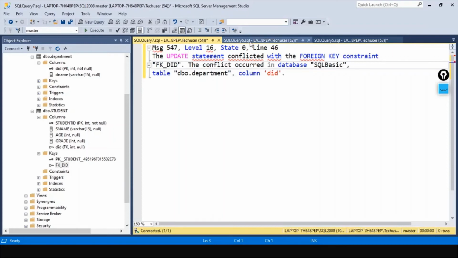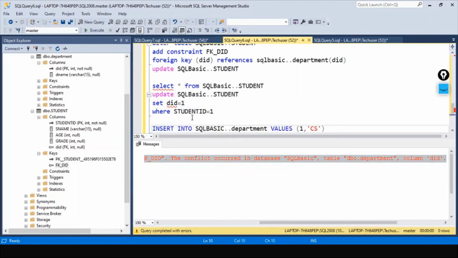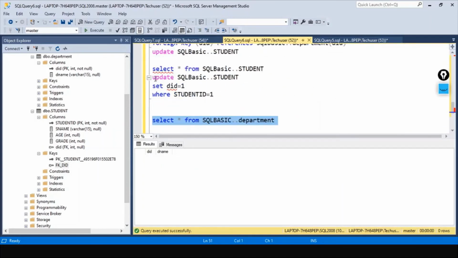See, the moment we have created this reference, when we insert data into this column, first thing what happens internally is that this DID column goes to the department table. The moment we try to run this update statement, which is our foreign key DID, internally it goes and checks this department table, whether there is a value 1 or not.